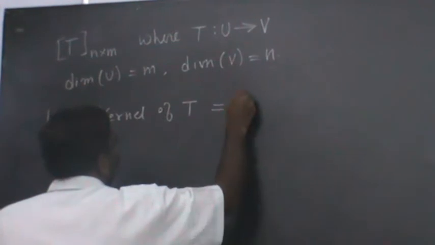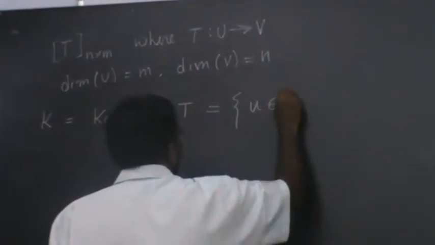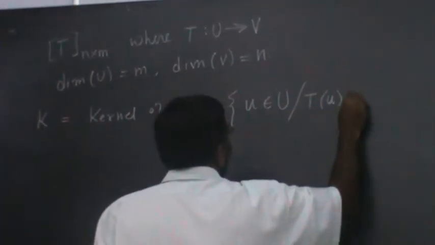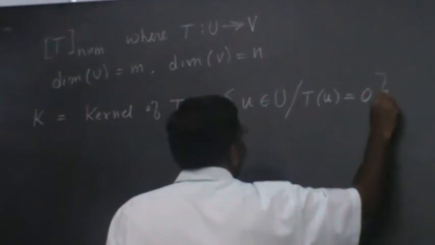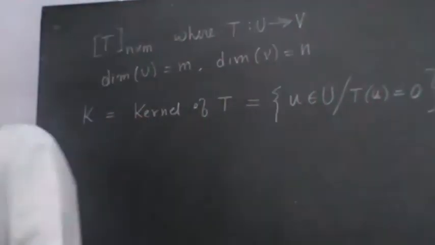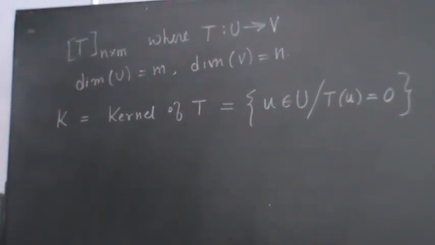That is defined as the set of vectors u in U such that T of u is equal to 0. That means all those vectors that are mapped to the zero vector, the null vector in V, is called the kernel. This becomes a vector space. You can easily verify all the rules